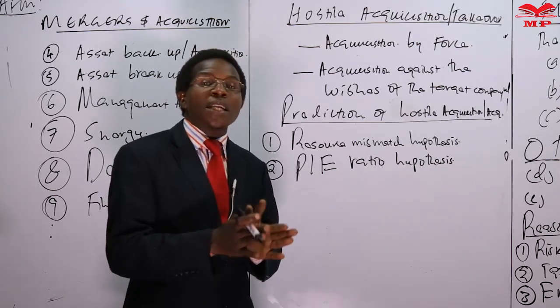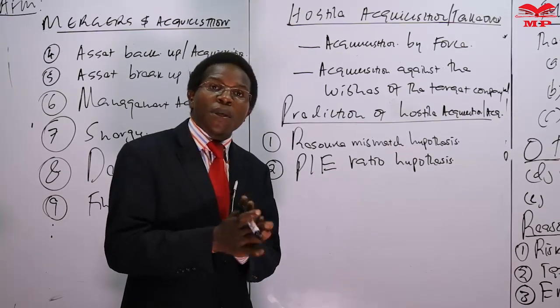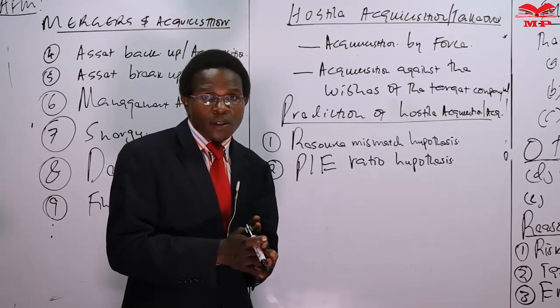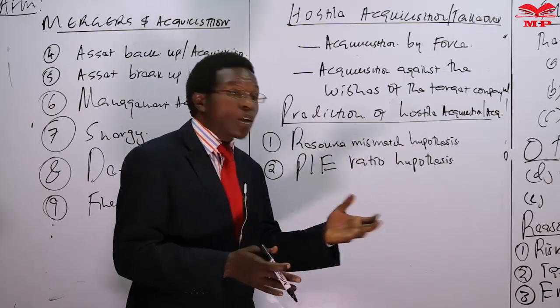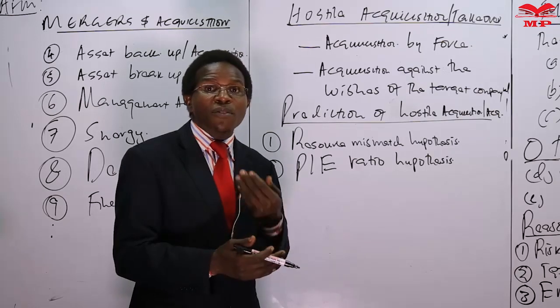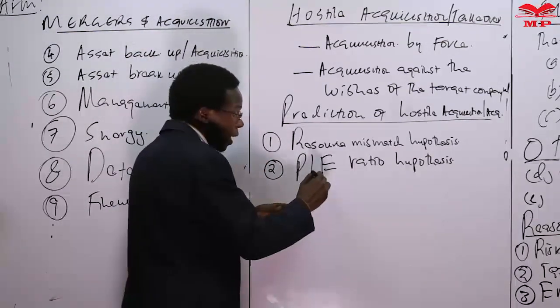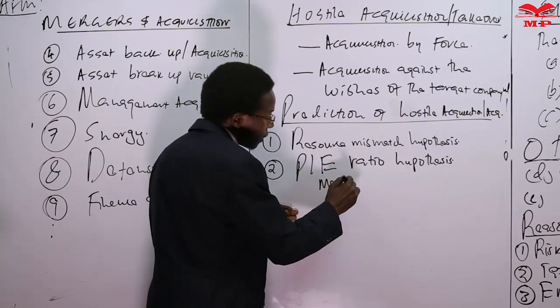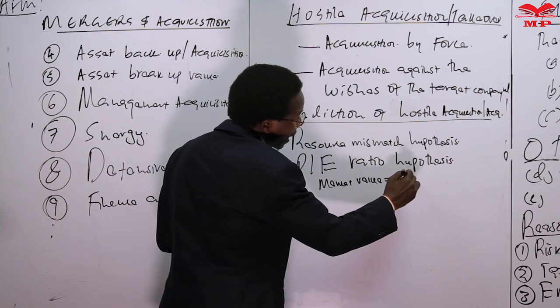And if there is a lower market value, then this company can be acquired very easily. It may not be that expensive because the price earnings ratio is low. You need to remember that to get the market value, it is simply the price earnings ratio